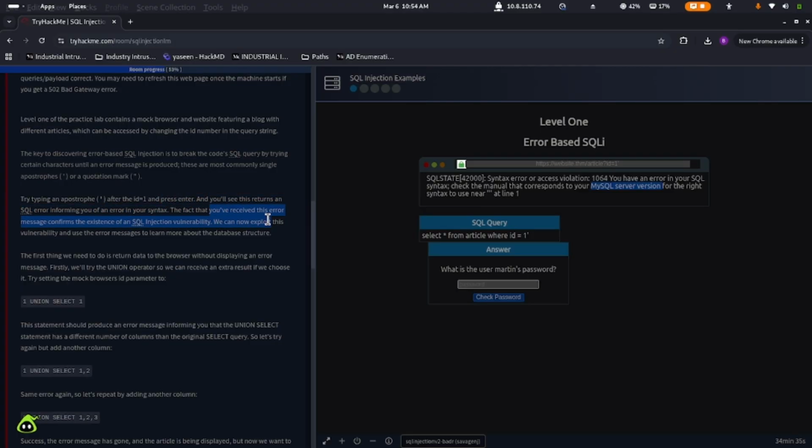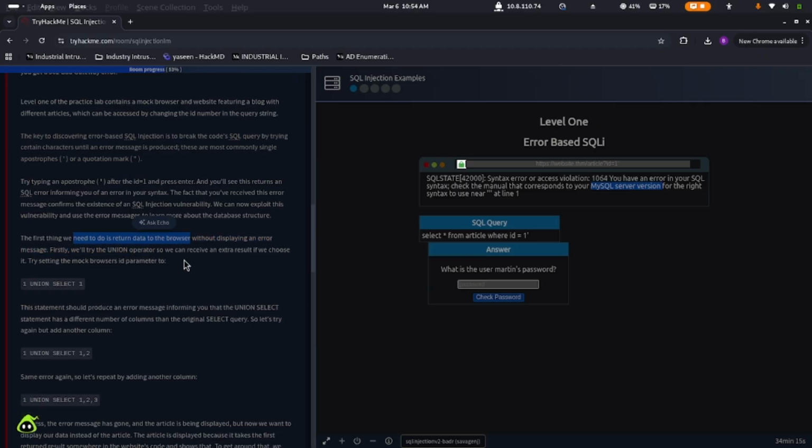The fact that you received this error confirms the existence of an SQL injection, and that's what we are going to abuse. So we can exploit this vulnerability and use the error messages to learn more about the database structure. The first thing we need to do is return data to the browser without displaying an error message. So first we will try the union operator, so we can receive an extra result if we choose